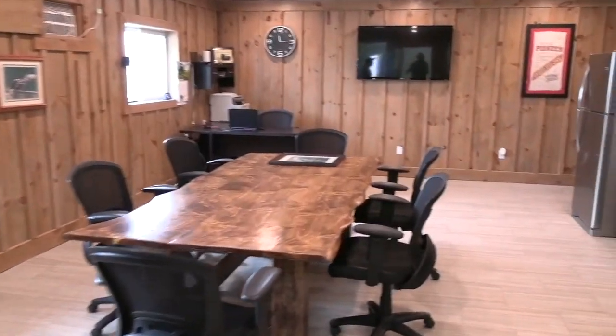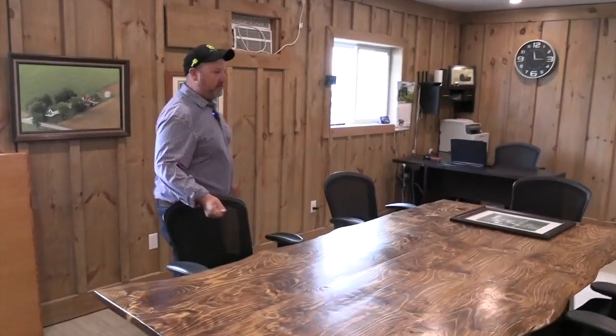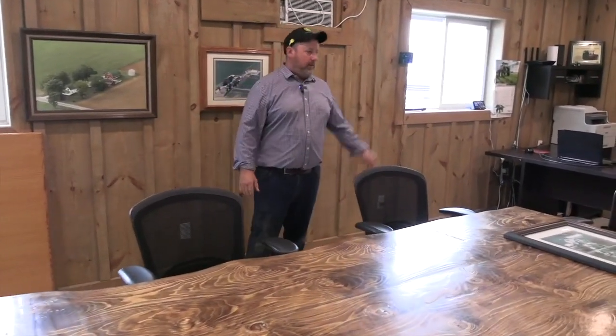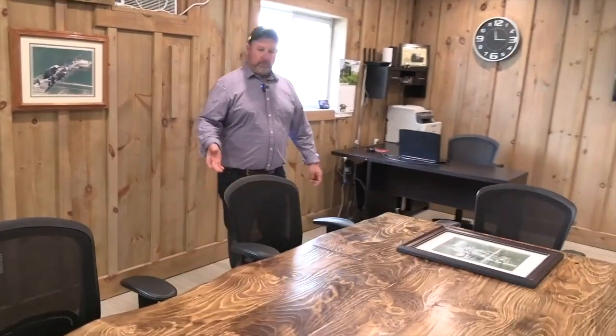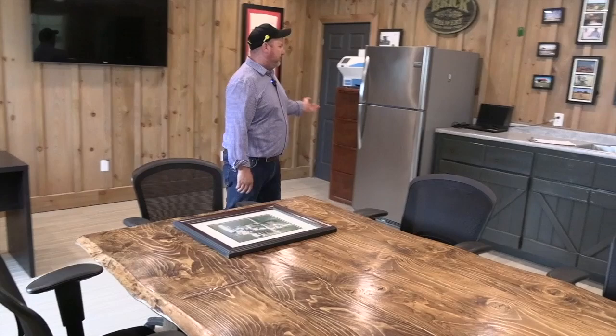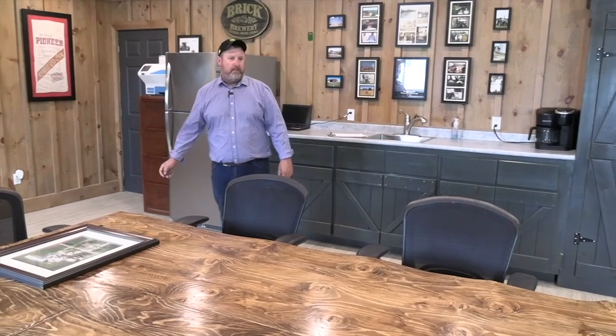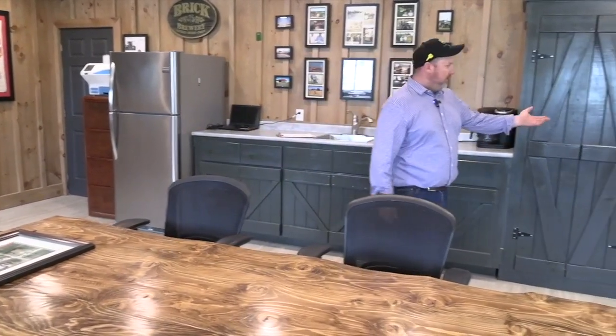So this is our office / boardroom. When we built this, we had lots of space because part of this was a farrowing room, part of this was the old office. We always wanted a place to meet people where we weren't going to the house and doing it at the kitchen table. So we put this in. So we've hosted a few meetings here, a few 4-H meetings and different things. We have a kitchenette, storage, coffee, anytime. And just off the side here is the bathroom, and we can host a meeting in here and be comfortable